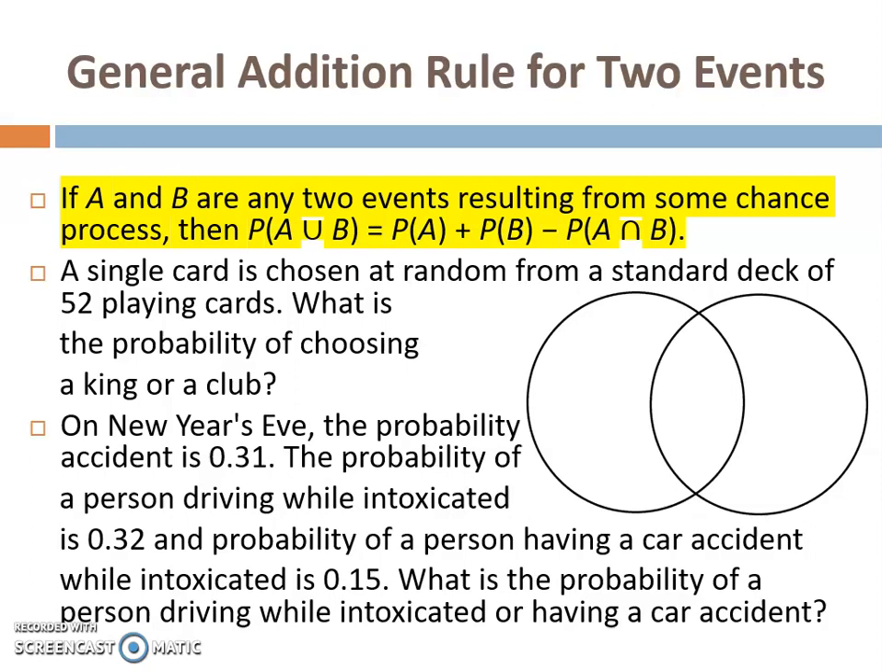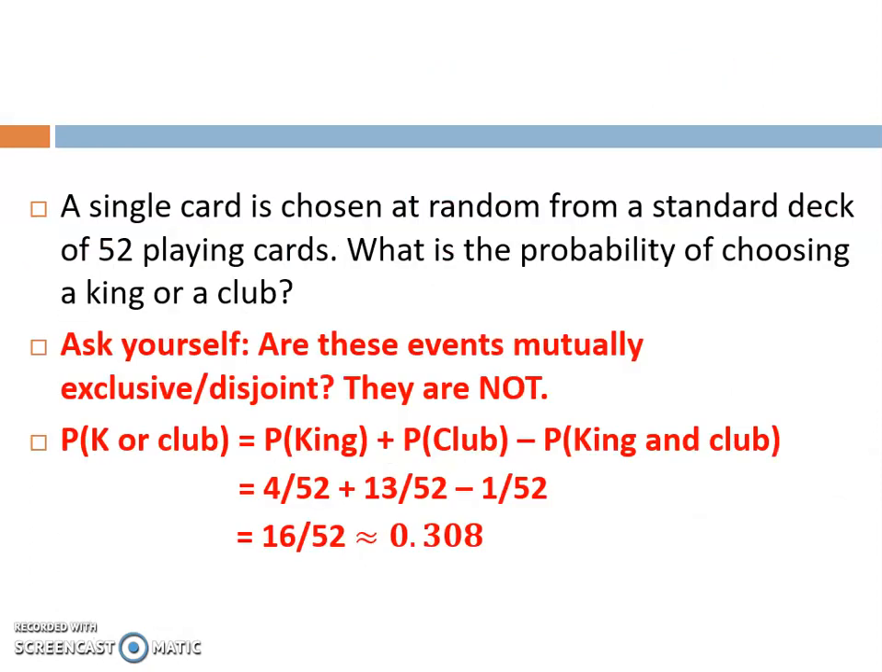So let's go through an example or two together. A single card is chosen at random from a standard deck of 52 cards. What is the probability of choosing a king or a club? So I'm going to use this rule. So we do need to ask ourselves, if it's an or question, are the events mutually exclusive or disjoint? In this case, they are not. So I would need to add the probability of king to the probability of club and subtract the probability of king and club. So hopefully you have some good knowledge of playing cards and you can see where I got